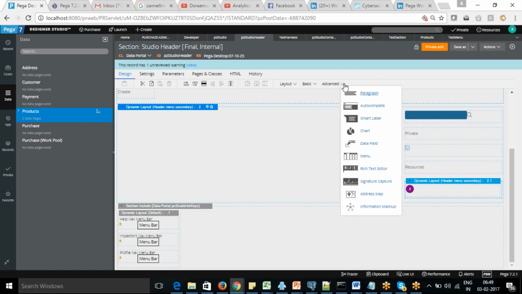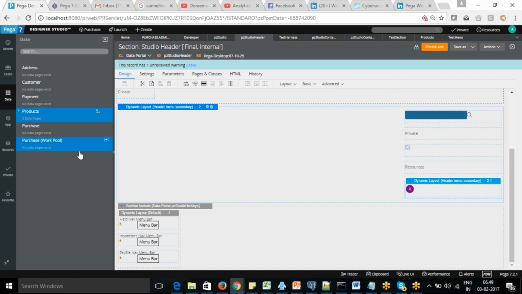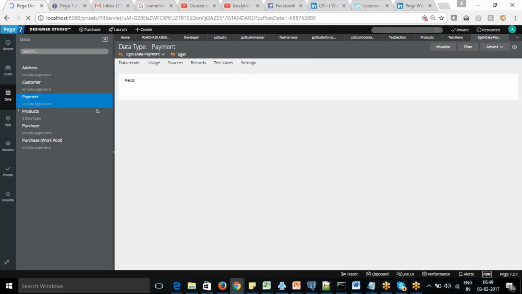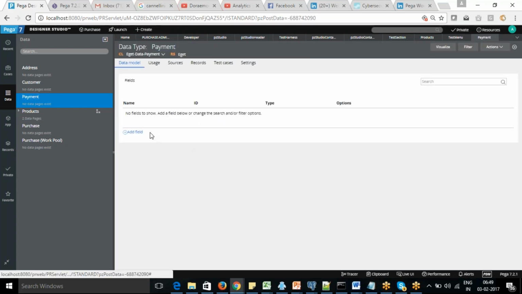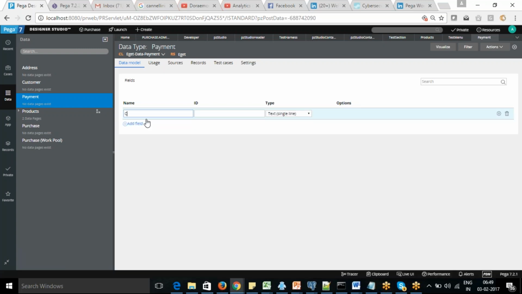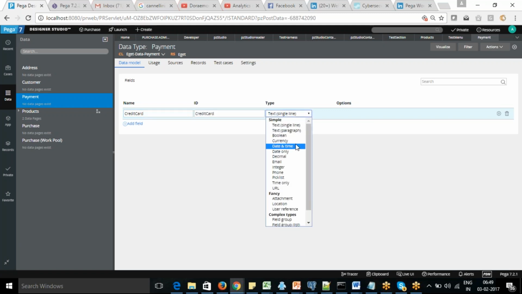So how are we going to design more on that? Let's say we are going to design a credit card. In the payment area, I'm going to create a credit card data type. There I'm going to create a page.